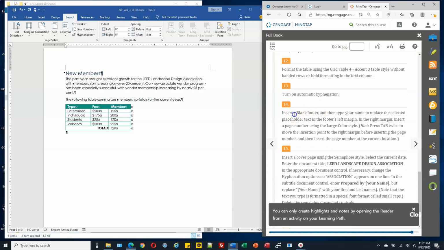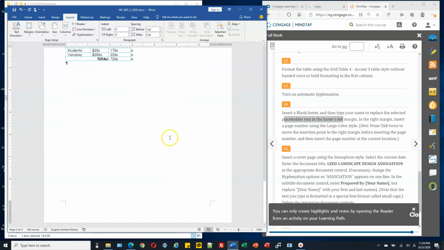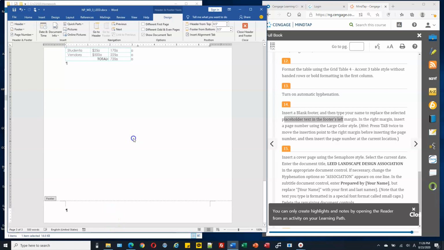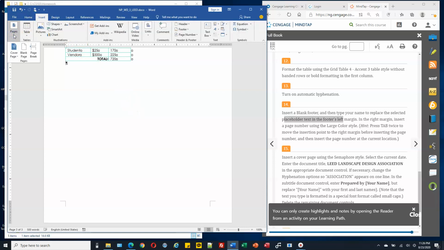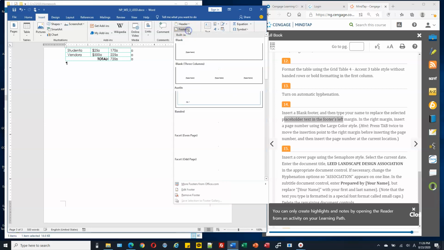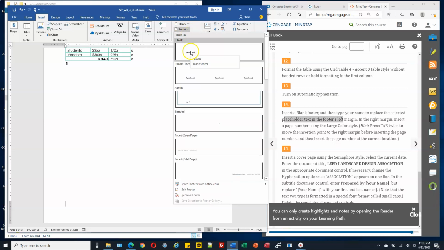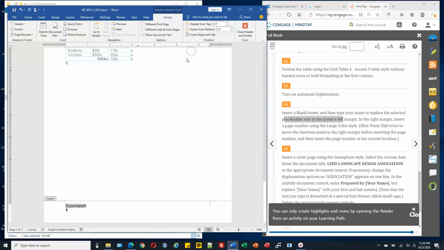Okay, and then number 14, insert a blank footer and then type your name, replace the selected placeholder text. Alright, so we want to insert a footer. So how to insert footer? You can double click the bottom of a page, or you can click the insert tab. Here it is, header and footer. We want to insert footer, so click the footer arrow and then blank. This is the blank footer. So click this blank footer, and then you can replace this type here with your